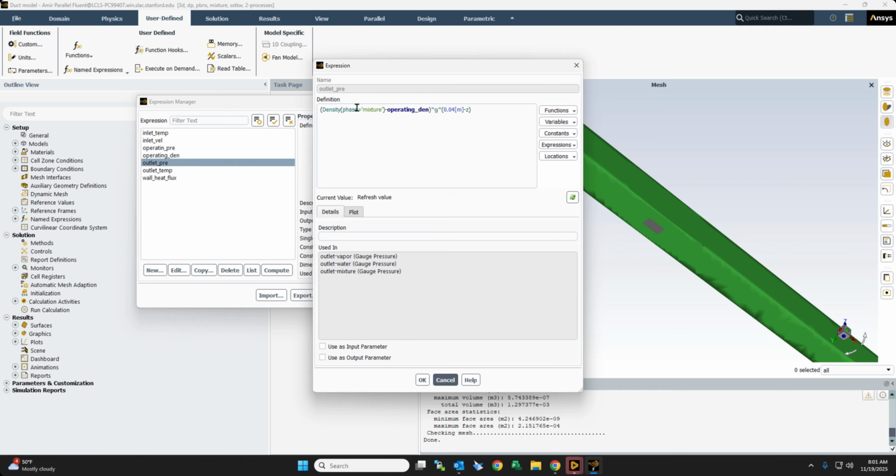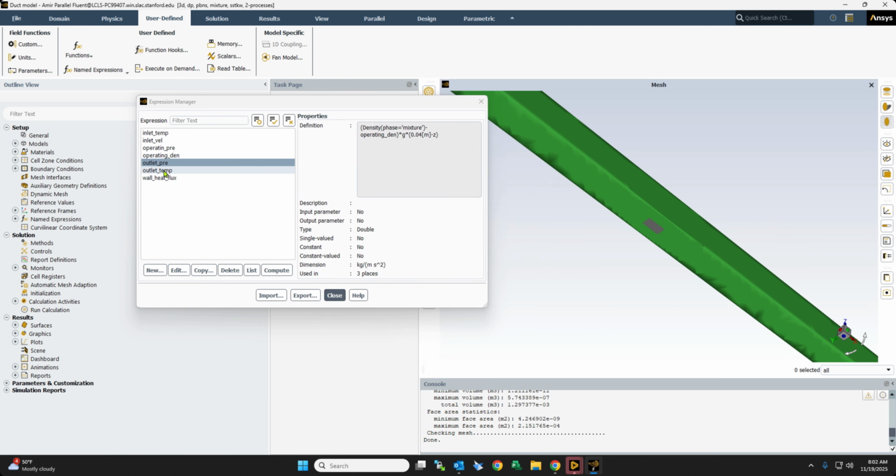So the density of the mixture minus the operating density times gravity. And this is basically taking into account the buoyancy effects. So the outlet pressure is identified through density. We have outlet temperature is set, it's basically the same as output and inlet, and this is where we define